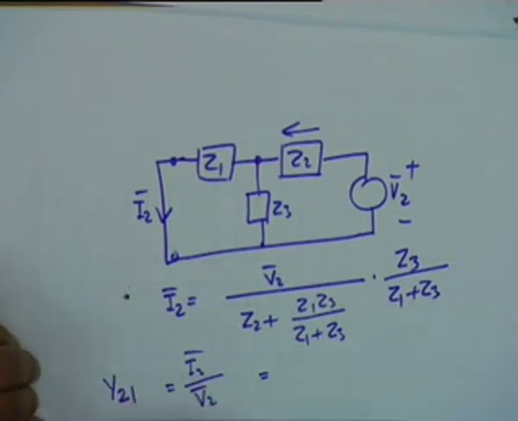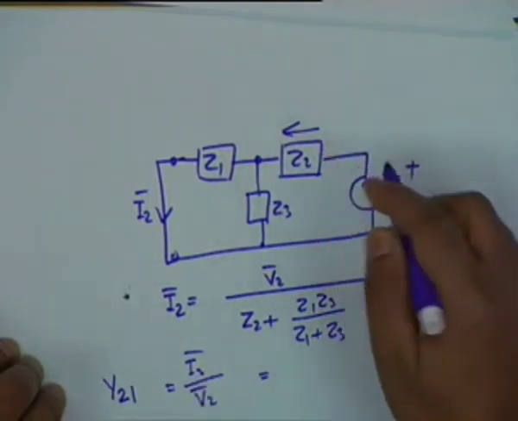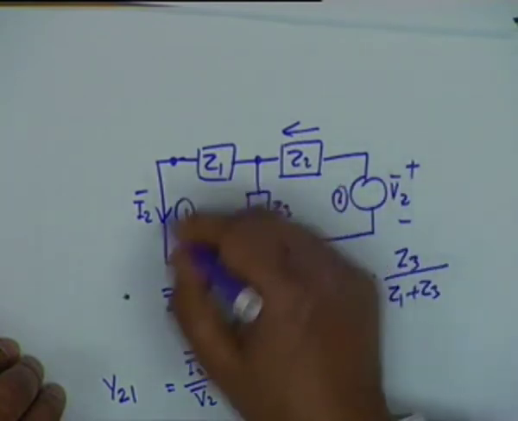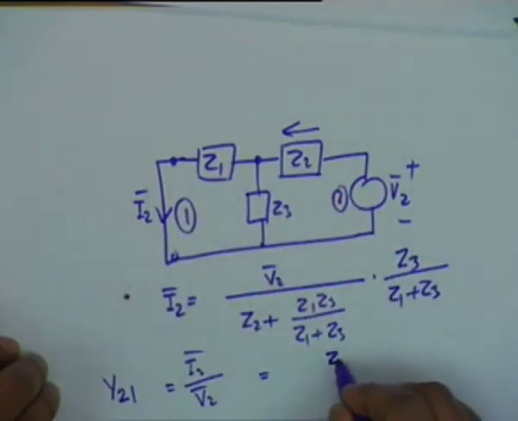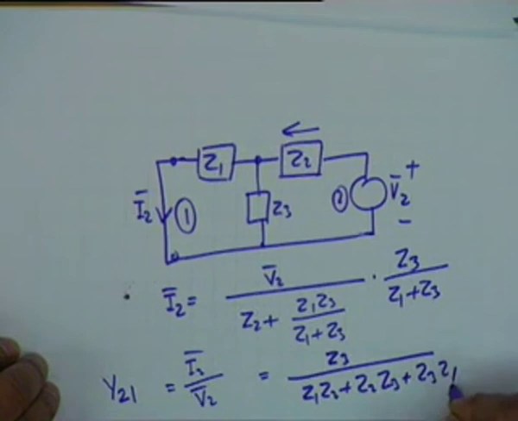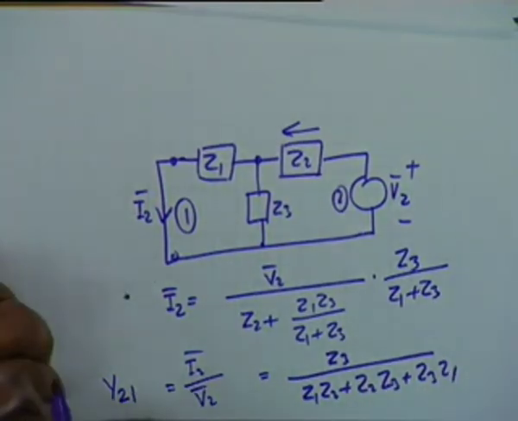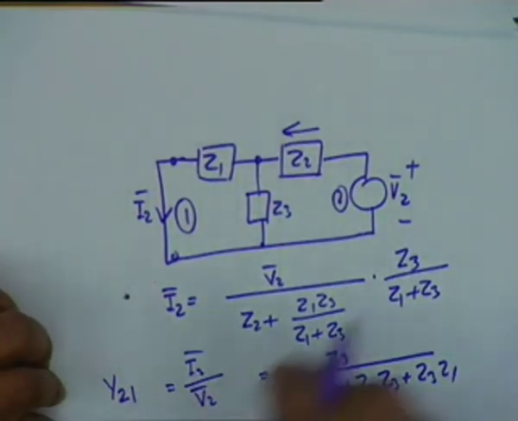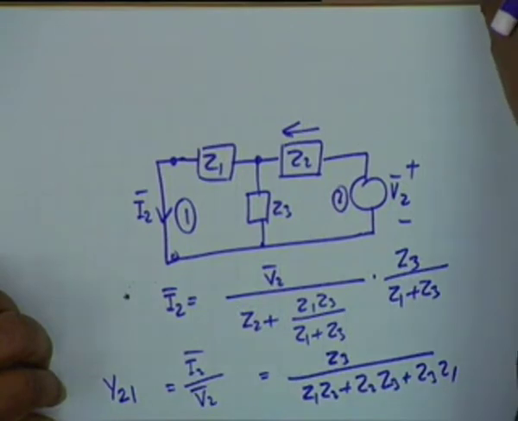Y21. Is that correct? 2 1, yes. The source at port 2 and the response at port 1, and you see that surprisingly this is the same as in the previous case, and this is what is generalized to a theorem